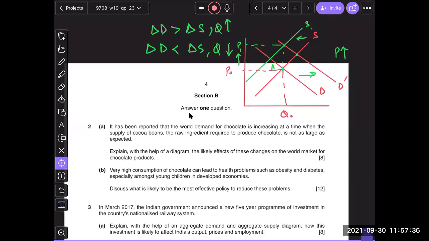Okay, so you are looking at a market demand supply curve to be drawn here. Talk about the demand curve shifting to the right, supply curve shifting to the left. Price definitely goes up, and the quantity depends on the relative changes in the demand and supply factors. Make sense? Are we good? Any questions, guys?